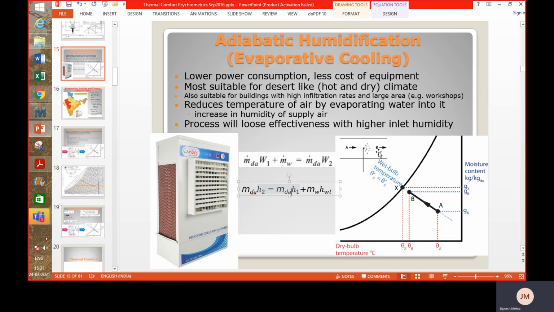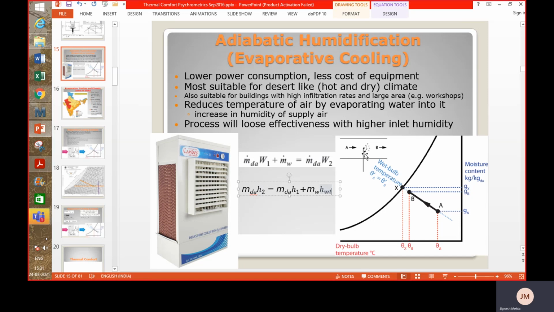Now when you measure the enthalpy at point 2, it is made up of enthalpy at point 1 or A, plus you are also adding some mass in form of water. So that enthalpy also gets added, which is shown here. Now mind well, this is m dot W into HWL. Why I have written L is that this HWL is liquid enthalpy. So this liquid enthalpy is not the vapor enthalpy, right? And so it's not very high.